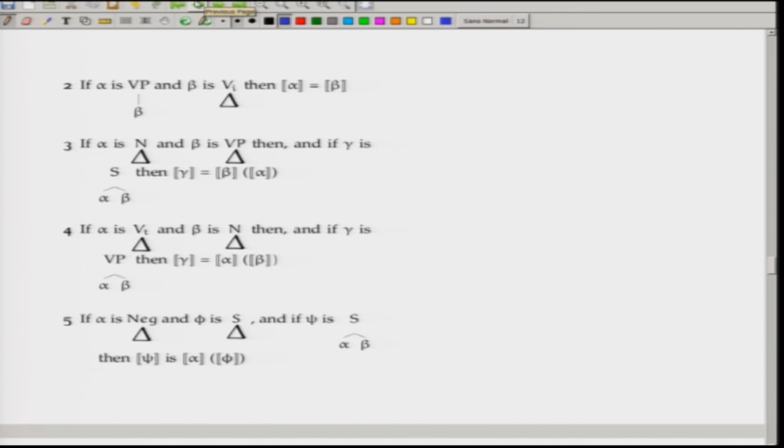So, these rules look very complicated, but they are not as complicated as they look. You see that if alpha is VP goes to beta, we can consider the old one, or we can consider a bigger sentence. We can consider a sentence like S goes to